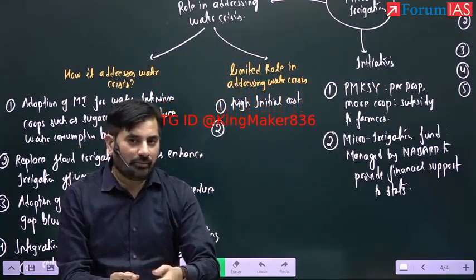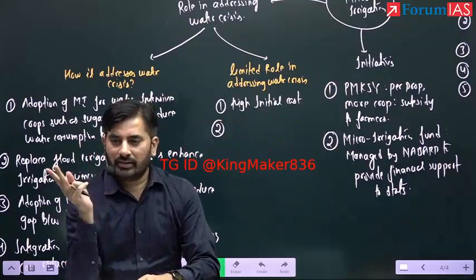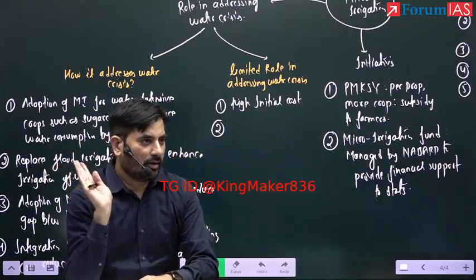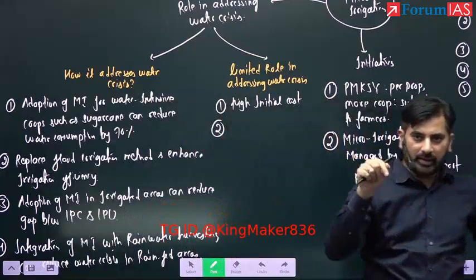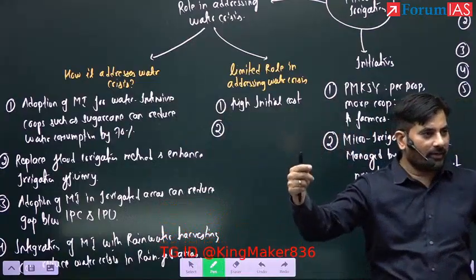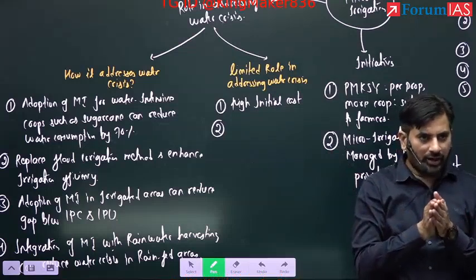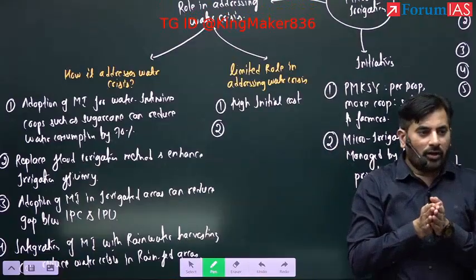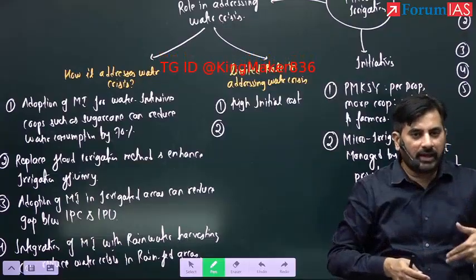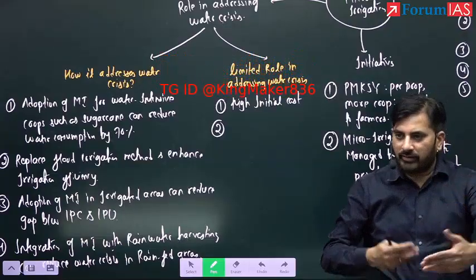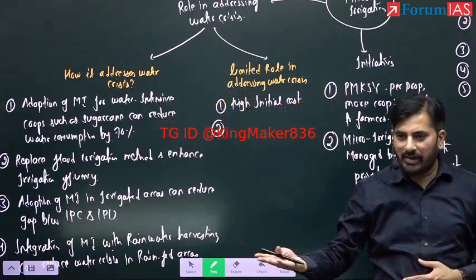Let's say I am a farmer who does not have access to canal water. I will compare groundwater with the micro irrigation. For groundwater, I need only a one-time investment of digging a borewell. I'm getting subsidized electricity. Whereas for micro irrigation, I first have to buy micro irrigation equipment. And you must understand it is not a one-time investment because the micro irrigation equipment undergoes wear and tear. After 4 to 5 years, I need to replace them once again. So it is more costly as compared to other forms of irrigation.